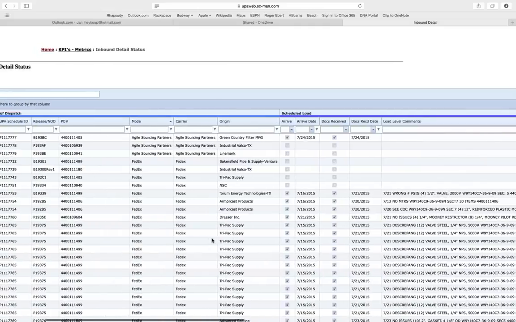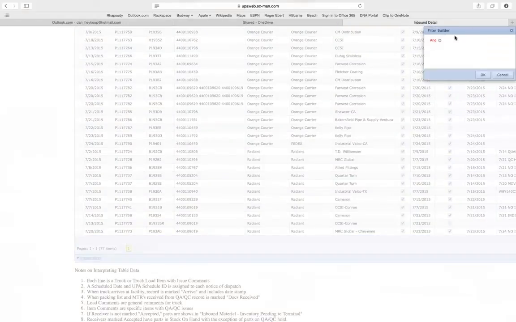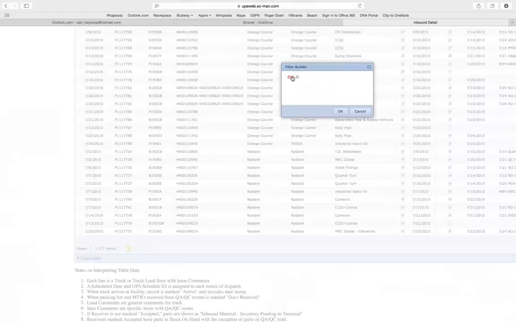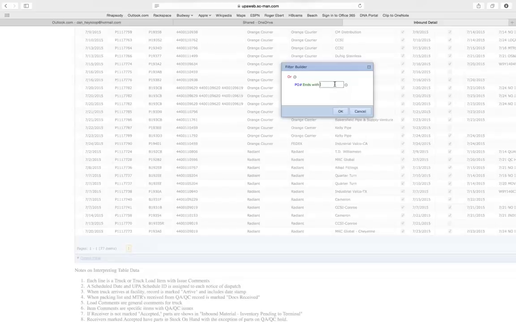You can also use this tool to create filters that are, say, either or. We're going to switch this to or, and we'll add, let's say, our PO number ends with our 2012 number, 2012, and we'll add a second one because we want all the 2012s, or we want PO numbers that end with